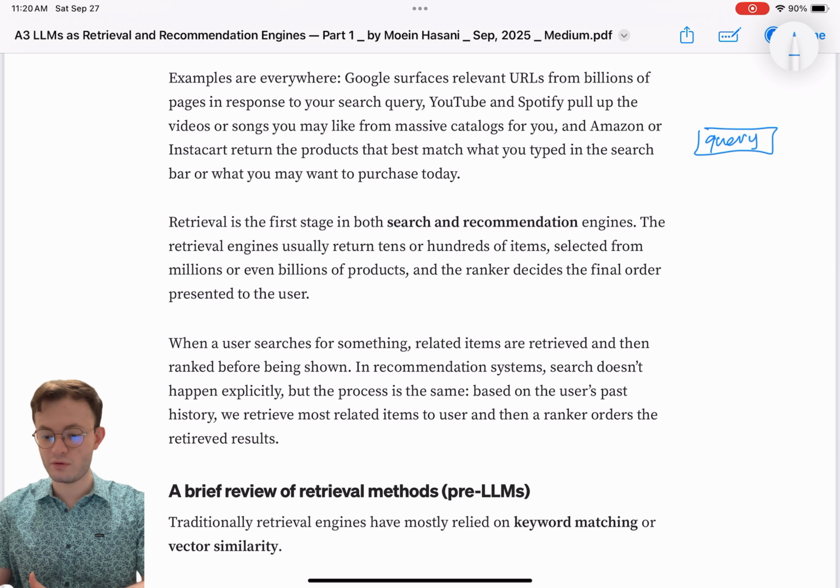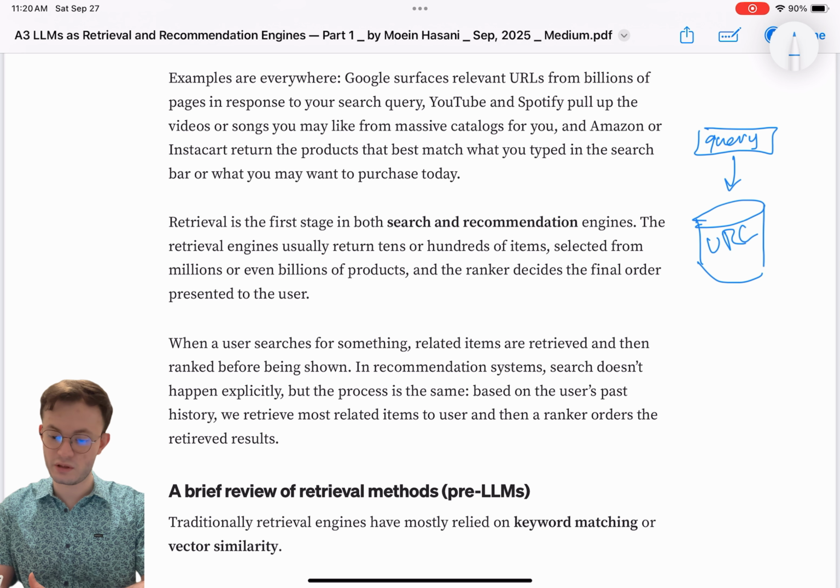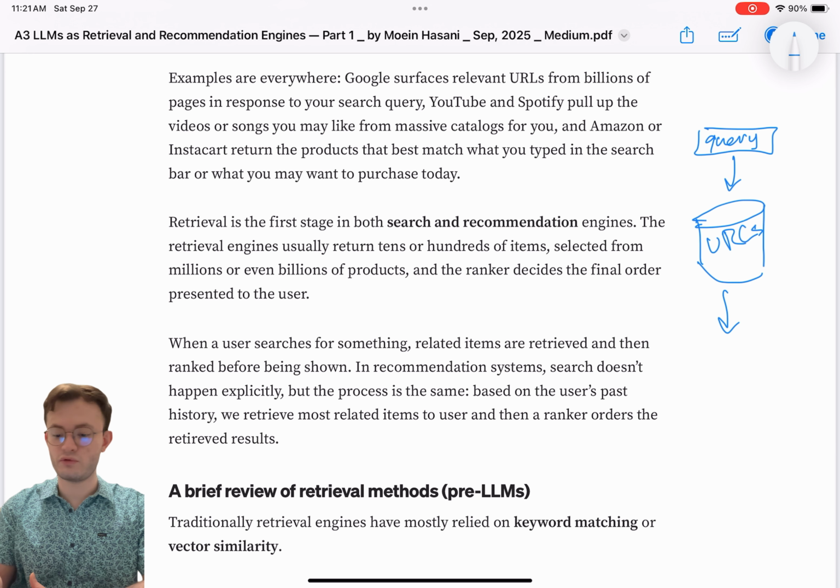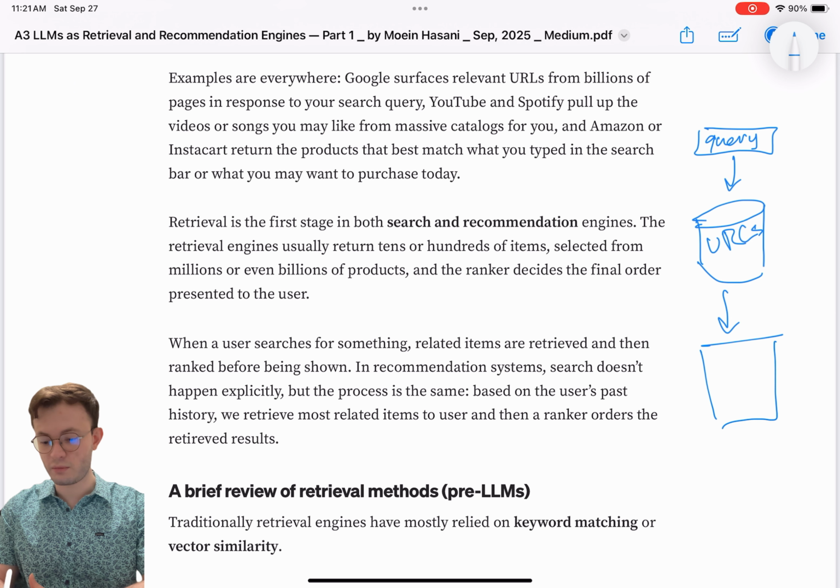And this query, when you pass it to Google, has to go and look in its database of all URLs, which is huge. I'm sure it's trillions. And it will return to you only a handful of useful ones, usually a couple of pages of Google results, so a couple of hundred links. But in reality, the actual corpus is trillions, as we talked about.